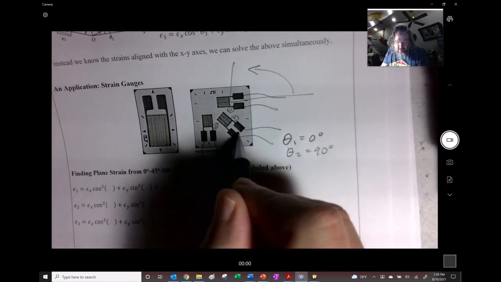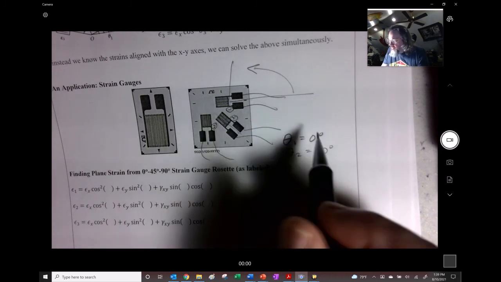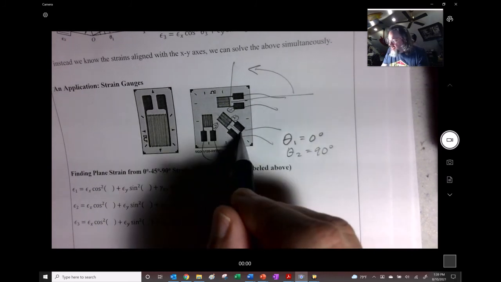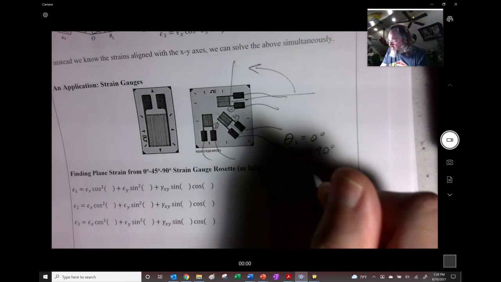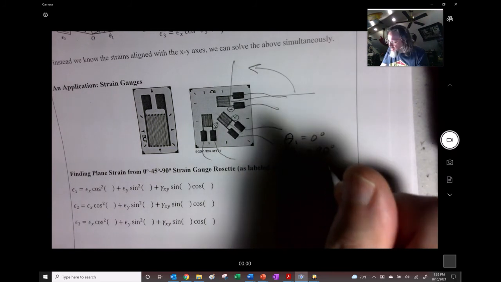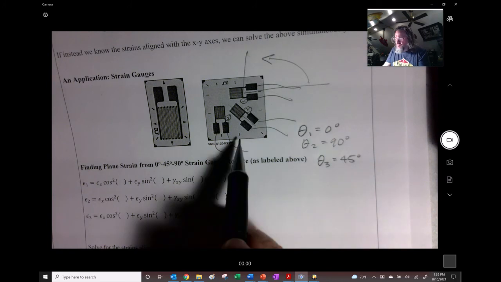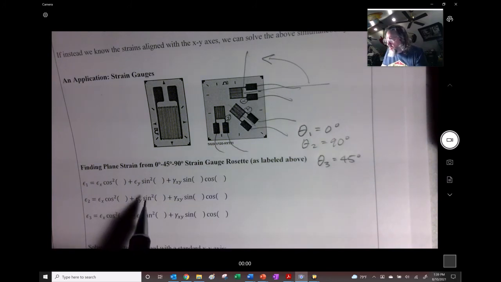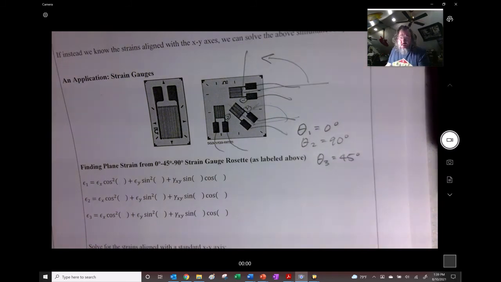And I think I made the other one 45 degrees, but you could actually argue that it's going to be 135 degrees. But I said in my notes here, and I think it's going to work out right, that theta 3 was 45 degrees right there. But I think from this rosette, it actually should be 135, because it should be that way from horizontal. But anyway,